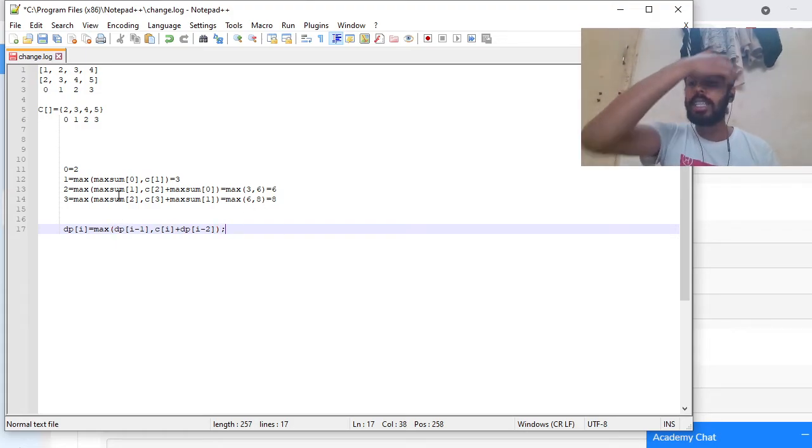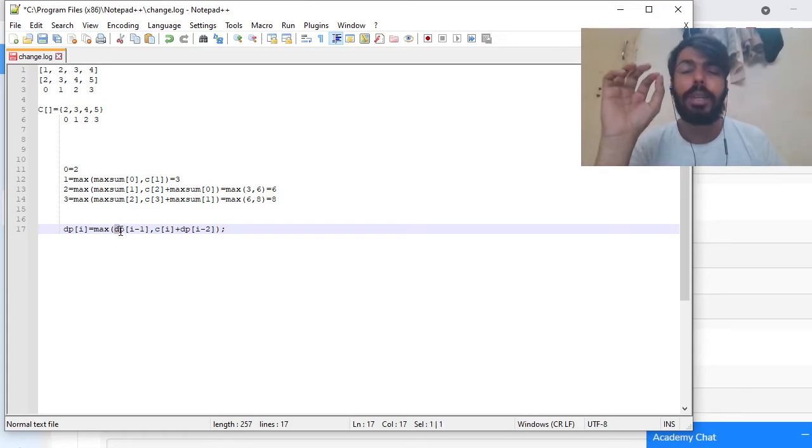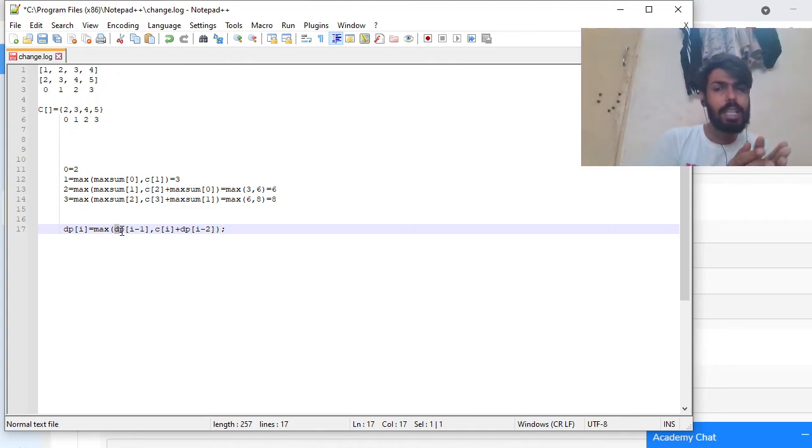If I reject that element, I take the maximum sum just before it, DP of I minus 1. And if I select that element, I add C of I to the maximum till I minus 2. This is our answer.